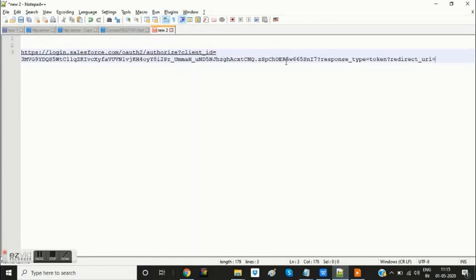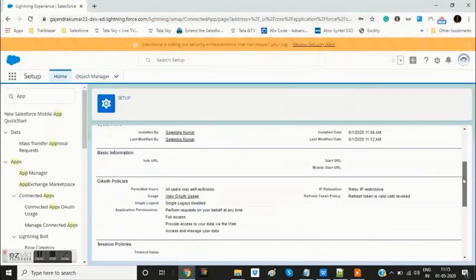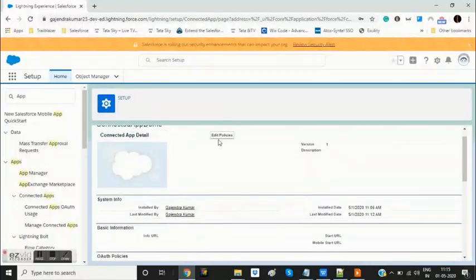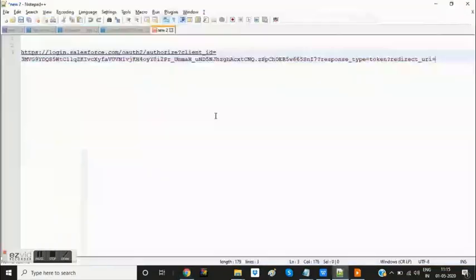Now we need to provide that URI or callback URL which we've given to our connected app, which was https://www.salesforce.com.